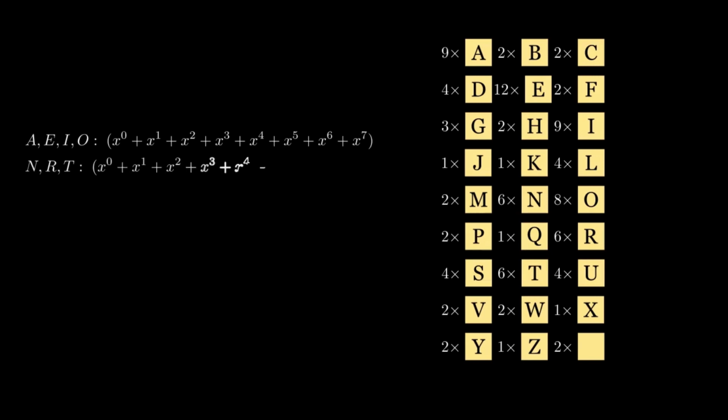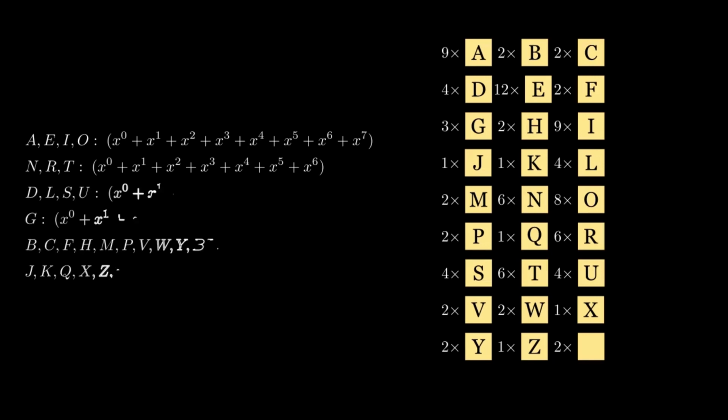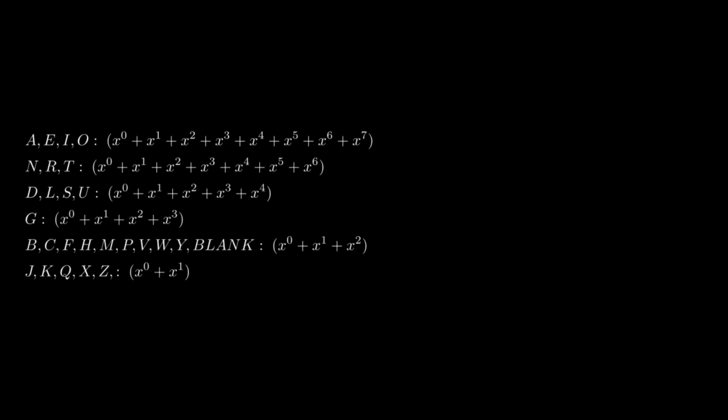All we need to do now is apply this process to all of the other tiles. A, E, I, and O all have more than 7 tiles, so they'll have generating functions up to the 7th power. N, R, and T each show up 6 times, so they go up to 6, and so on for all of the others. Once we raise each generating function to the power of the number of letters which share it, and multiply it all together, we'll end up with this final, huge generating function. Once we expand it out, we'll have all of the information that we need. The coefficient of x to the power of r will be the number of unique racks of length r. I'll skip to the final expansion to save some time.